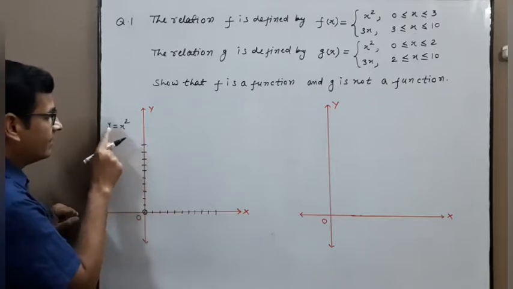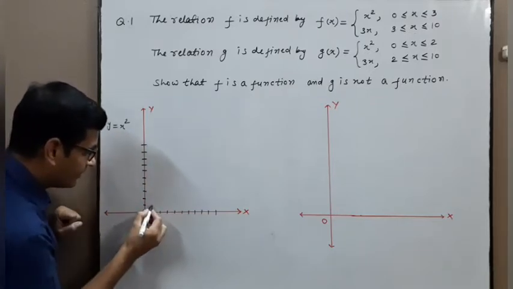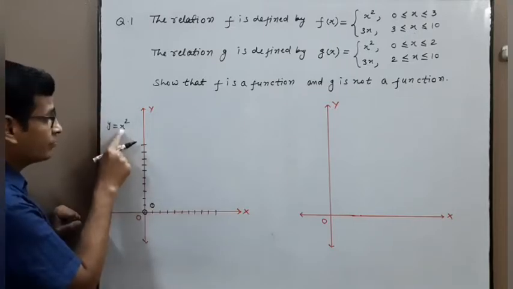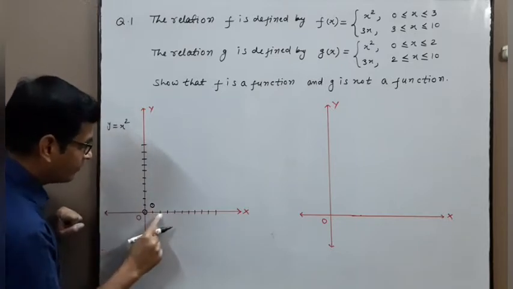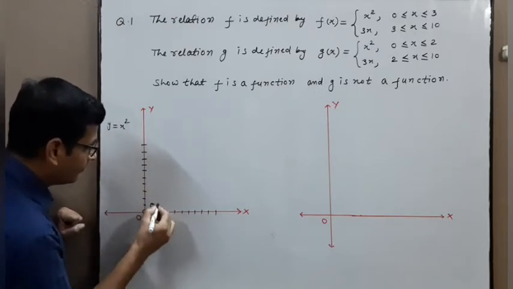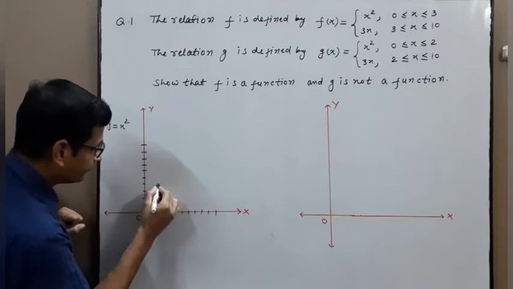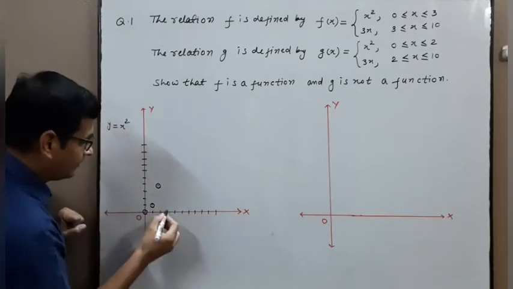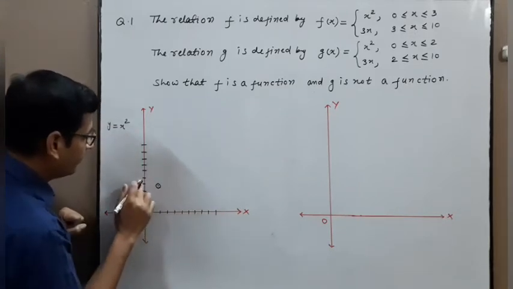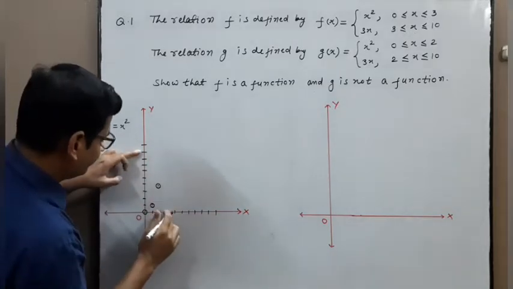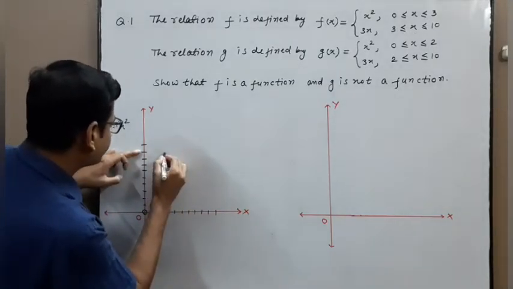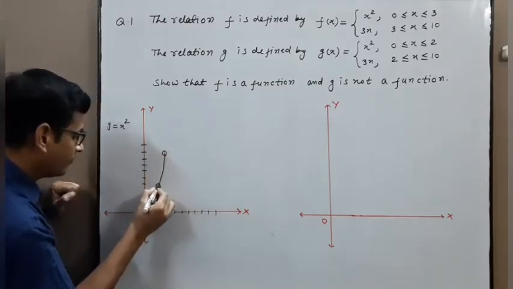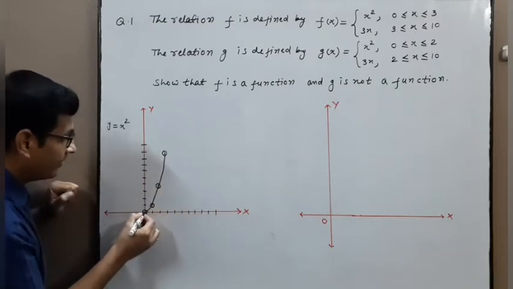At x equal to 1, y equal to 1. So the second point is this. At x equal to 2, y equal to 4. 1, 2, 3, 4. So this point. At x equal to 3, y equal to 9. 1, 2, 3, 4, 5, 6, 7, 8, 9. And so this is the graph of y equal to x square, or f(x) equal to x square, in the interval 0